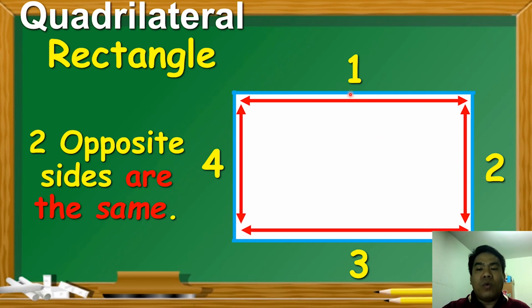So 1 and 3 are the same length. 2 and 4 are the same length. So 2 opposite sides are the same. We call that one a rectangle. Okay, rectangle. Next,